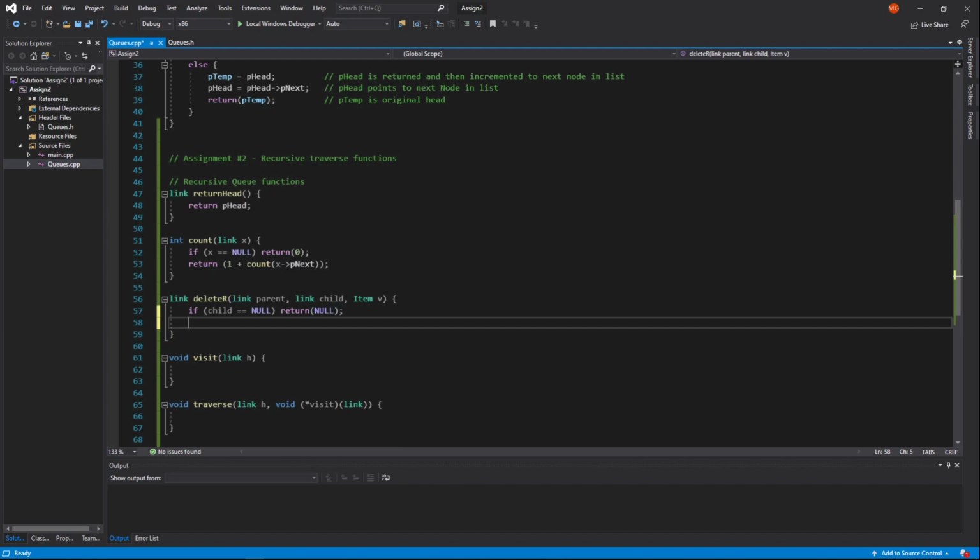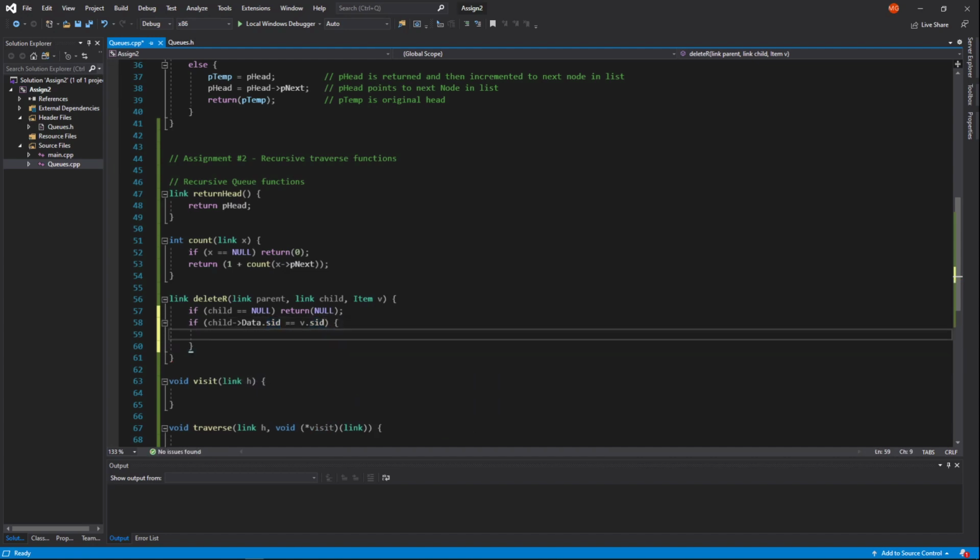You can comment it. It would be nice if you do. Then, if child dot data dot SID, and we know that exists because that's how we defined it, is equal to v.sid, the SID that we passed in the item,